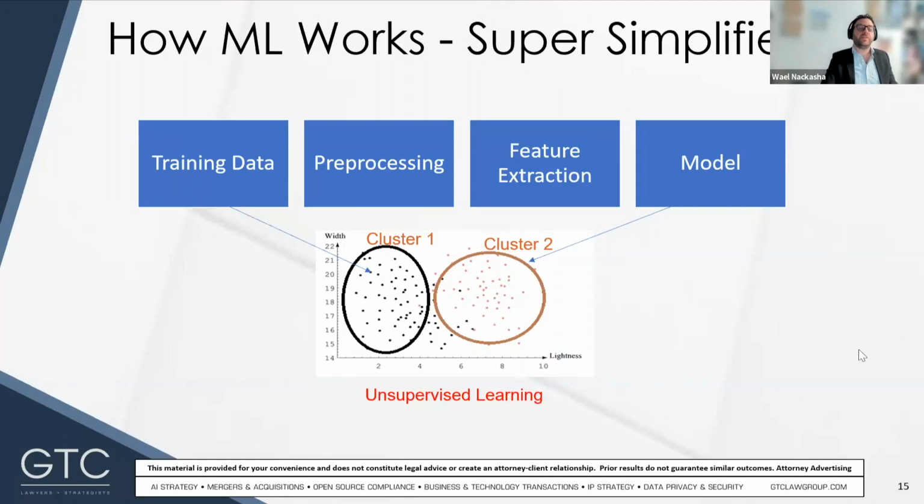But if you compare this to GPT, what we have now, it has the same concept: training data, pre-processing, feature extraction. But here's the comparison. Instead of the two features that we have, GPT extracts 2,048 features, so you can compare how complicated it is.